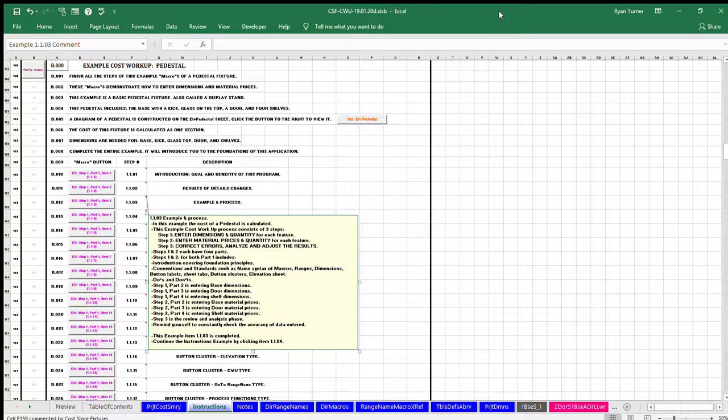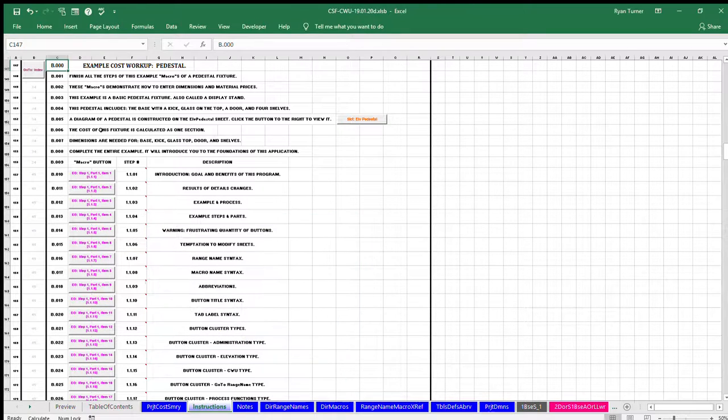The instructions example is on the instructions sheet. The instruction sheet is the window currently displayed. The example starts at row 157. To get the example, click the fourth button labeled B.000 Example Cost Workup Pedestal. The focus of step 1 of the 3 steps is on the principles of this process and how to enter dimensions on the single project dimensions sheet. Example item